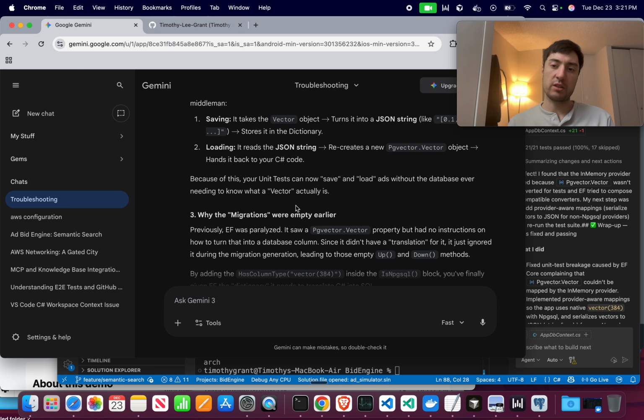Okay. Because of this, your unit test can now save and load adds without the database ever needing to know